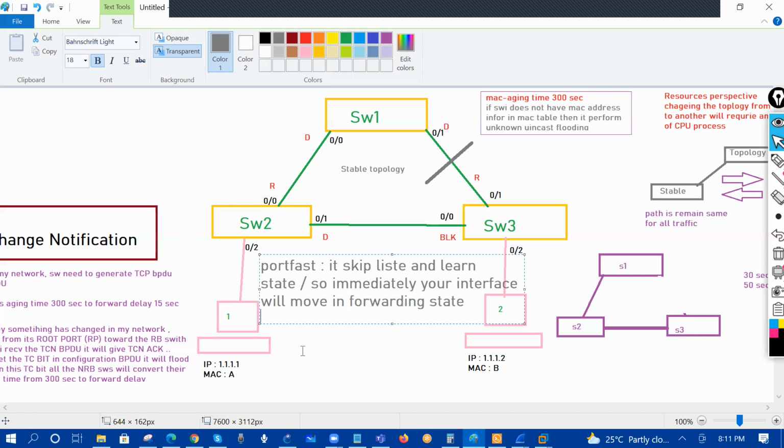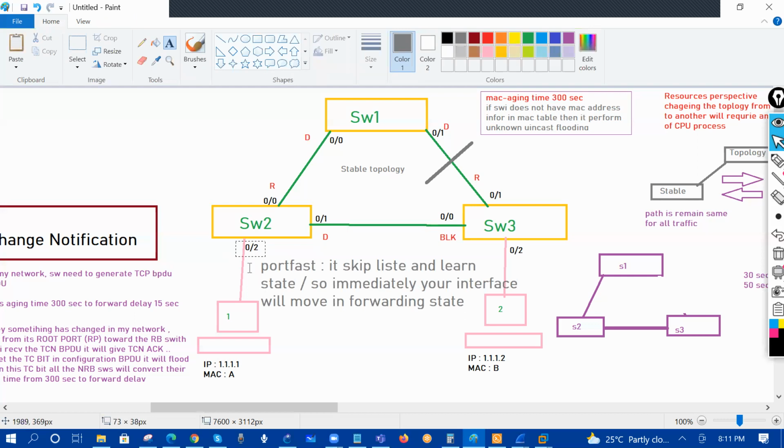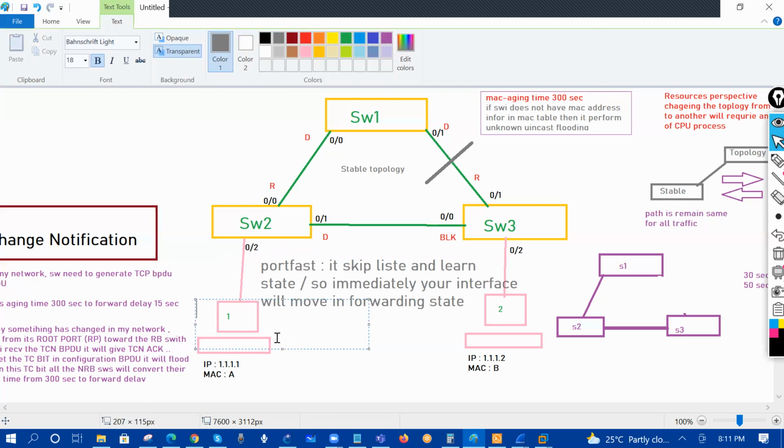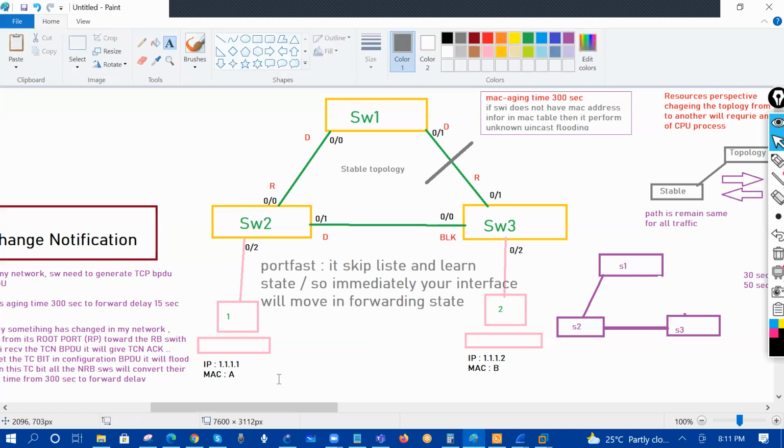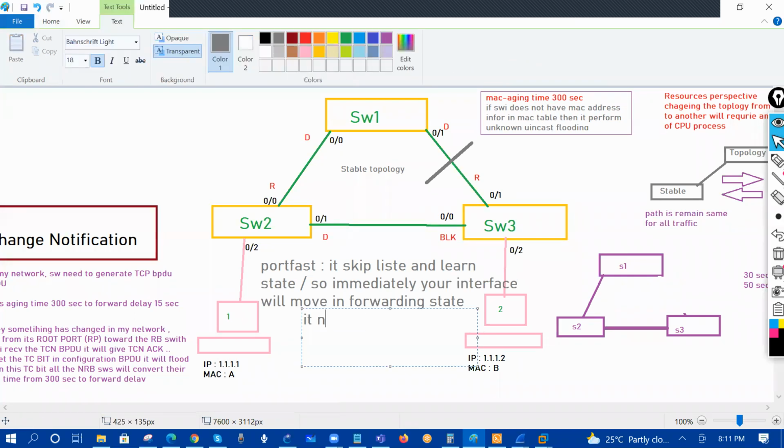So for example, if I connect a host with internet connectivity on this interface, I will have to wait 30 seconds for internet access, because how will this interface go to forwarding? Listening, then learning, and then moving to forwarding. So if you enable the port fast feature, the port immediately moves to the forwarding state. Second benefit, it will